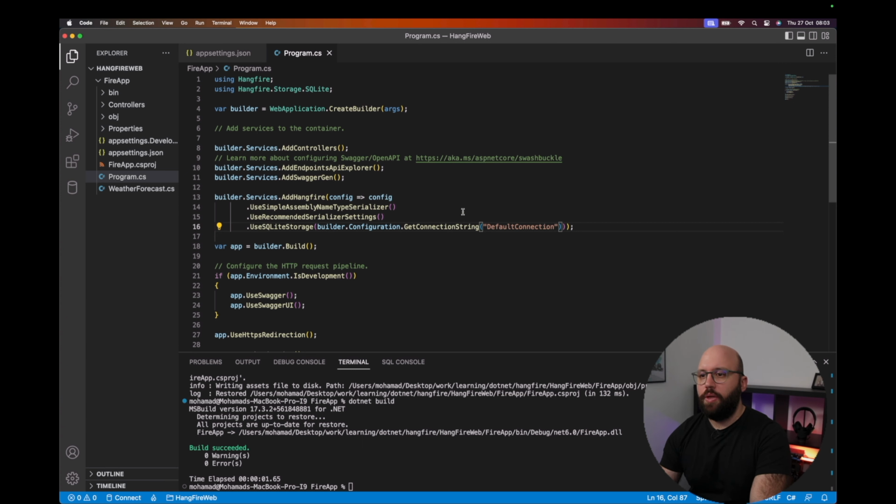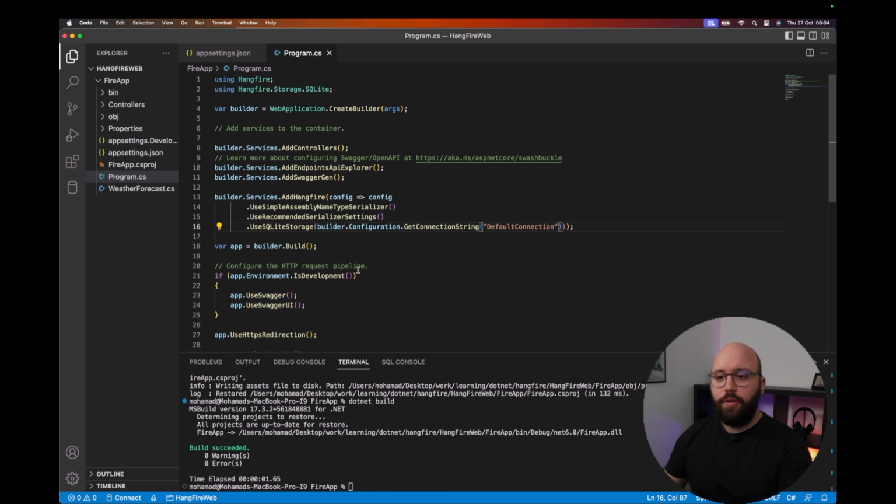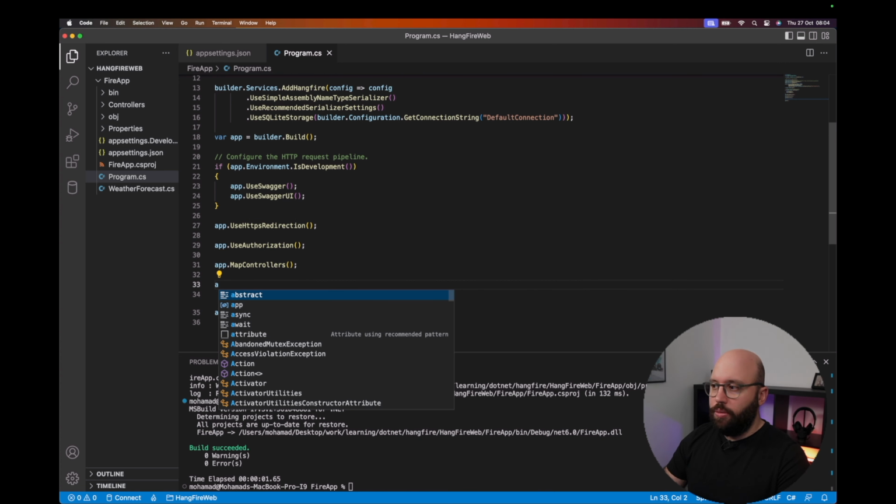Okay. So now that I have done the first part of my configuration, basically what I did is add my services to my DI container. So right now my application will be able to recognize that there's a Hangfire service running. Now I need to add it to my middlewares, and inform it that it needs to run in the middlewares. So for me to do that, all I need to do is after the app.MapControllers,